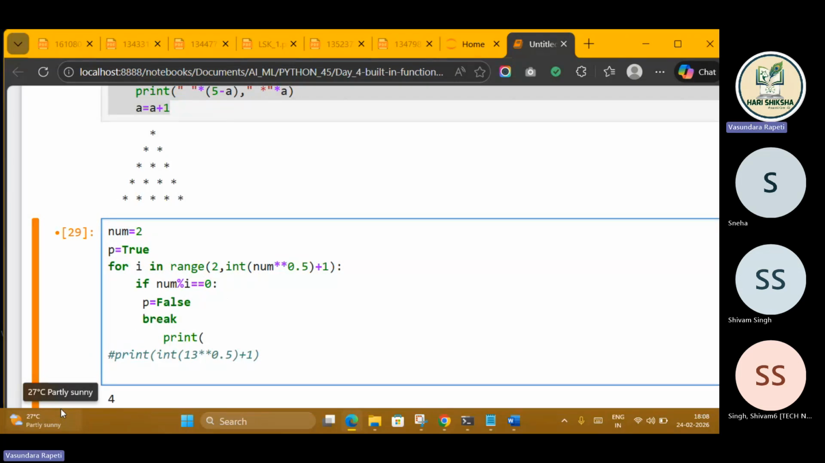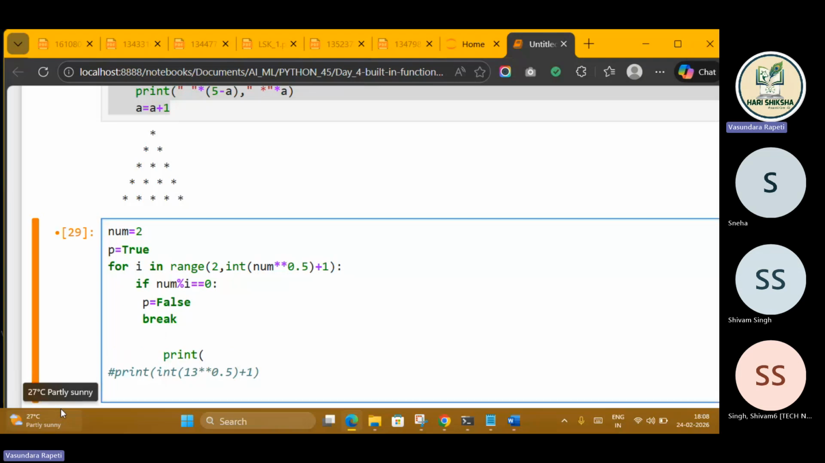Break, continue, pass. Three things are there. Break will break the loop, because if it is divisible, then there is no need to check further. If it is not divisible, then the loop will go on checking and will not break. Right? So yeah. After that,